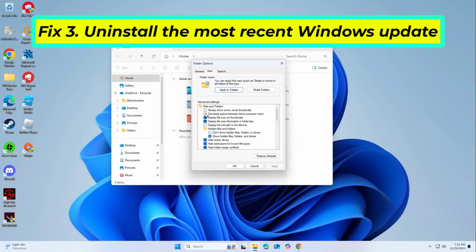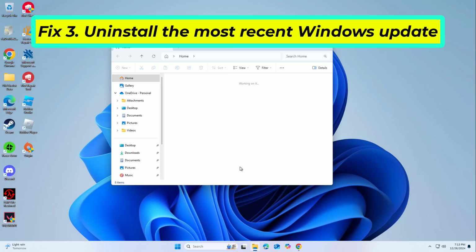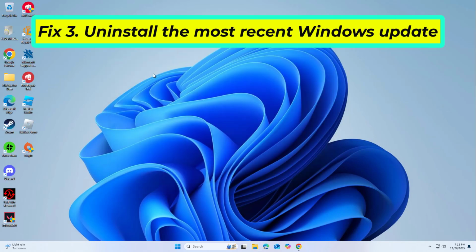Uncheck the Always Show Icons, Never Thumbnails options. Click Apply, then OK. Now try again and your problem should be fixed. If that didn't work,